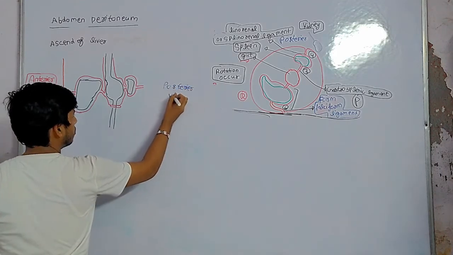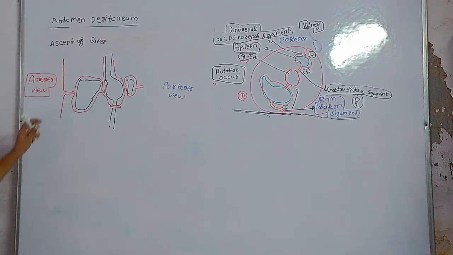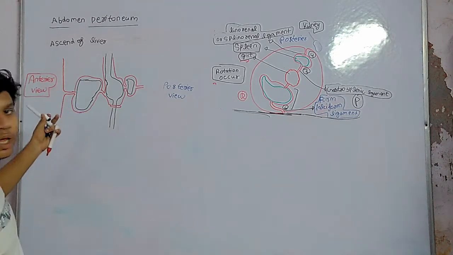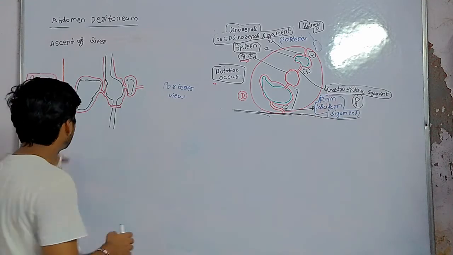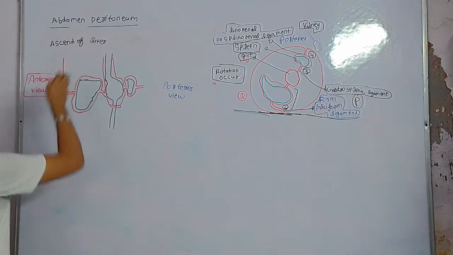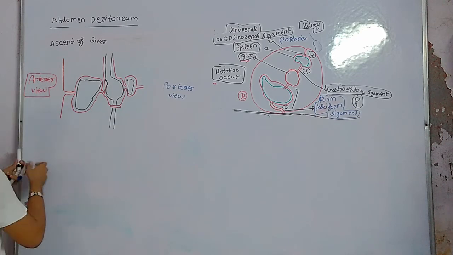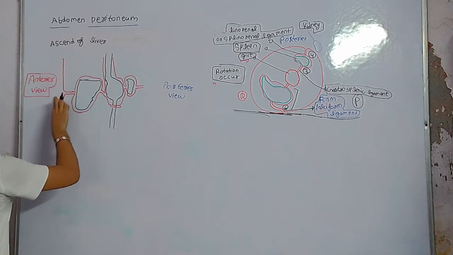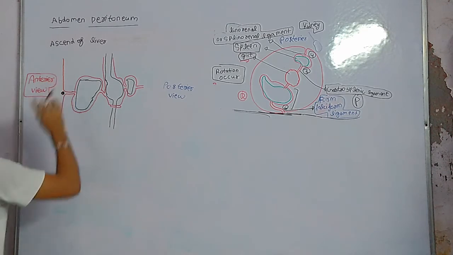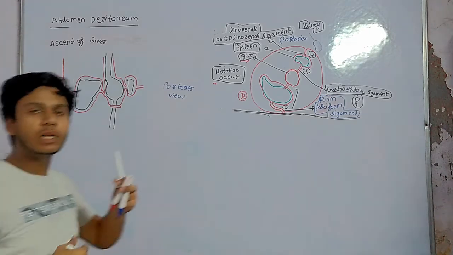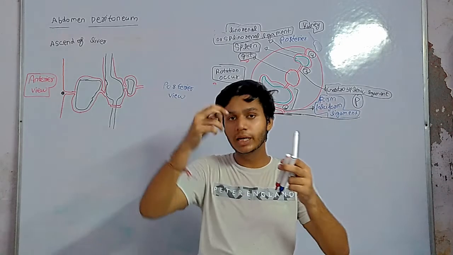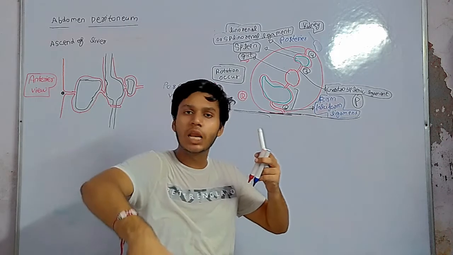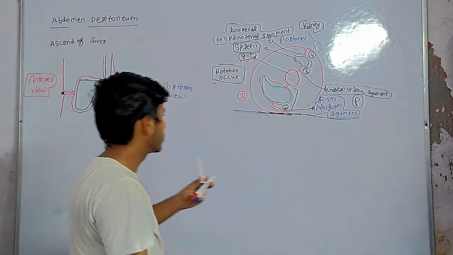Posterior view. So now the liver is just in the lumbar region, like the umbilicus region. So now we have to ascend the liver into the hypochondrium region. So how is it done? Let's say the liver ascends. Remember, this is umbilicus region, this is umbilicus point, and we know ventral mesogastrium. What is mesogastrium? Mesogastrium is not like a single slit. It is a curtain-like structure which develops anteriorly and posteriorly: one called dorsal mesogastrium, one ventral mesogastrium.